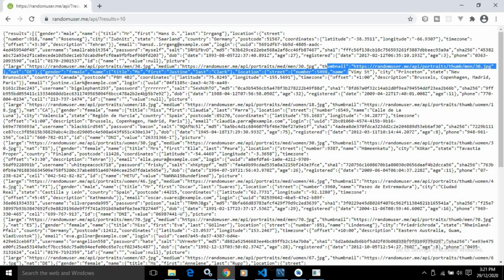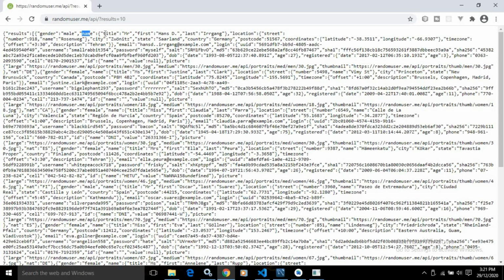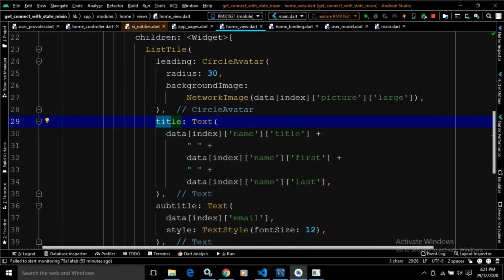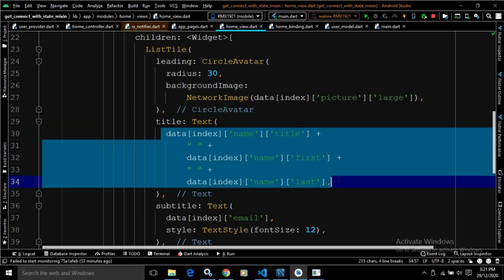Similarly, if I go here, then you can see in the name I have title, first, last. So in the title I have written Text data[index].name.title plus data[index].name.first plus data[index].name.last. This means I have concatenated the title, first name and last name.